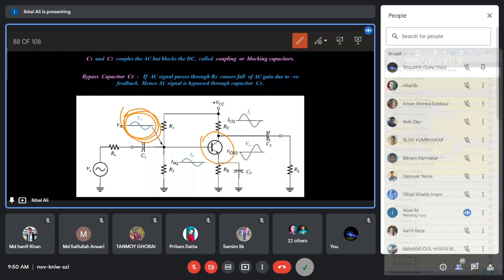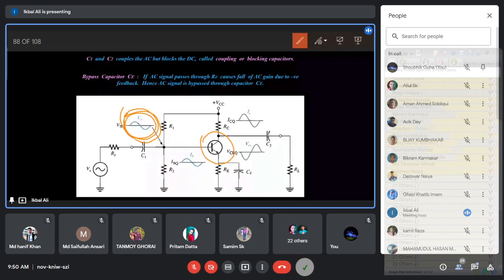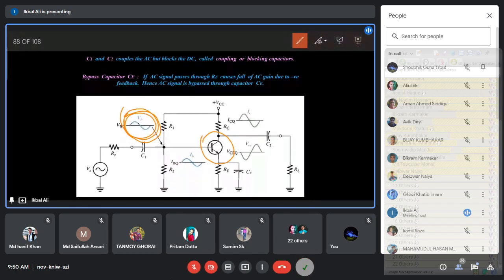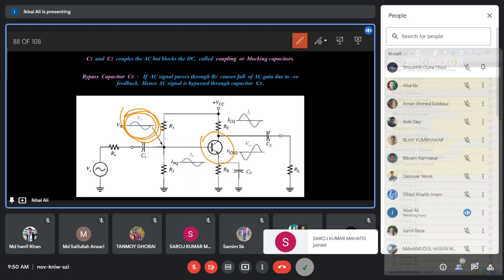Then these amplifiers can amplify at the output. You get exactly the same signal as the input, an undistorted output signal, as well as some amount of amplification. So this is the purpose of this amplifier. That is why it is called the small signal low frequency amplifier. The low frequency part we will discuss later when we discuss the high frequency equivalent model of the transistor. Then you can understand very precisely why these amplifiers we are discussing right now are called low frequency.